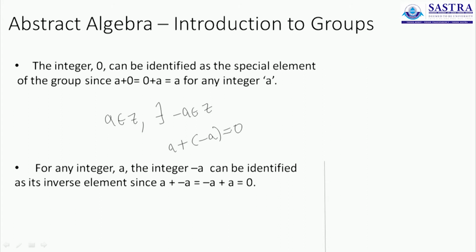Let us pick up any integer, say 6. If I pick 6, you can pick minus 6, both of which when added return the answer 0. If I pick minus 12, you can pick its negative inverse, which is plus 12, both together will give us 0. This way any integer that is randomly selected can also be associated with its own inverse. The inverse element is always part of the set, it is not outside, it is inside the set, and therefore the set also contains the inverse element for every element in the group, and that is why the set of all integers forms a group under addition.